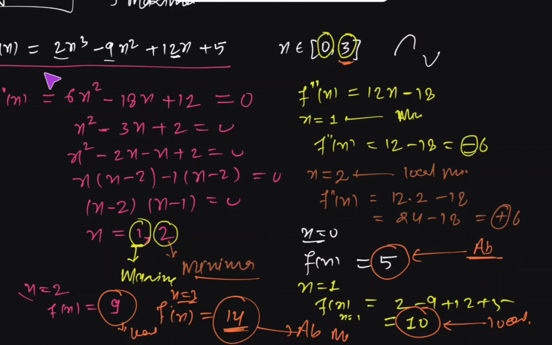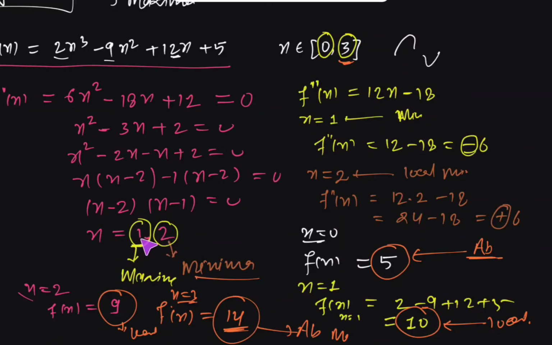Now let me just quickly revise this equation again. So this is the function given in terms of x, the f(x) is defined. Now we are asked to find the minimum and the maximum value. The domain is also defined for which the function is valid. So the first step always is to differentiate and equate it to 0 just to get the point where the slope is 0. So we will just differentiate this and equate it to 0. So from here we will get x equals 1 and 2 respectively.